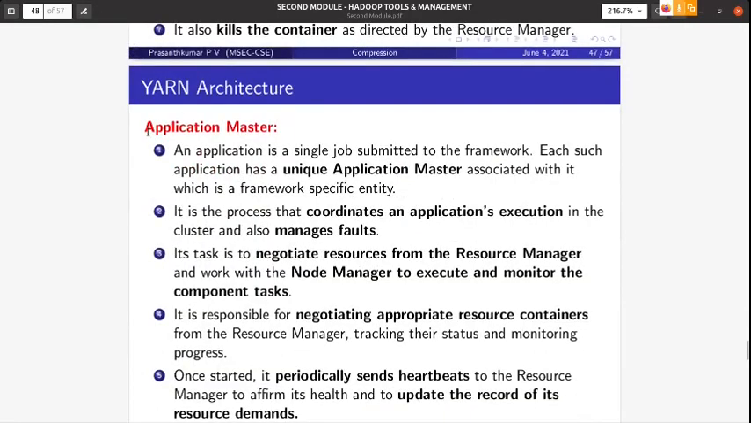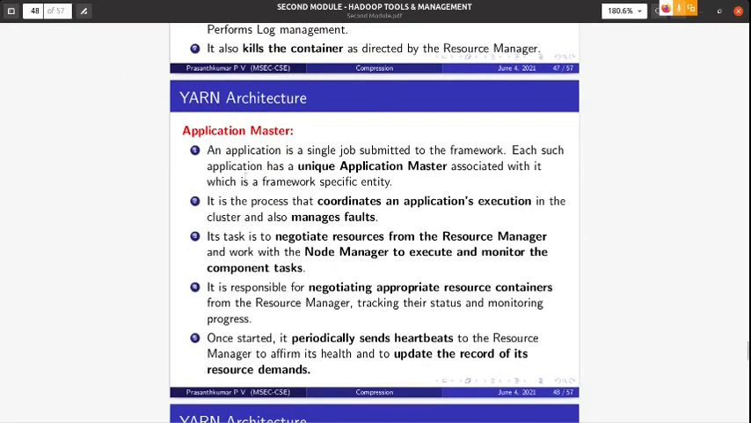Then the next point, application master. We have almost seen the application master many times. Then